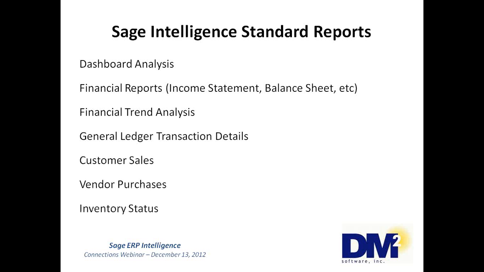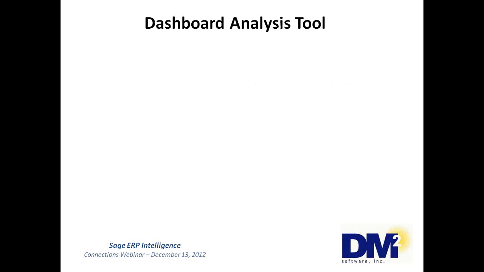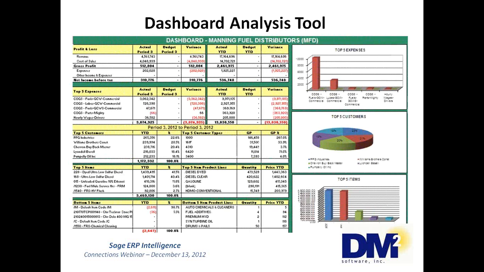And we're going to just take a quick look at some of what these reports look at. We won't run them, but I'll just show you quickly what they do look at. So first of all is the dashboard analysis tool. When you run that dashboard analysis tool, it is a collection of data. Up in the top part, we have profit and loss. We also have a section that is expenses, and a section for customers and items: top 5 items, top 5 product lines, bottom 5 items, bottom 5 product lines. It's all together in one screen, so you can look at it quickly to make decisions